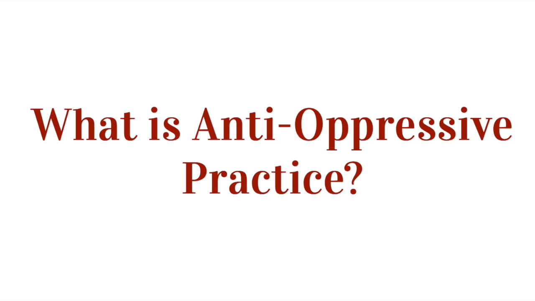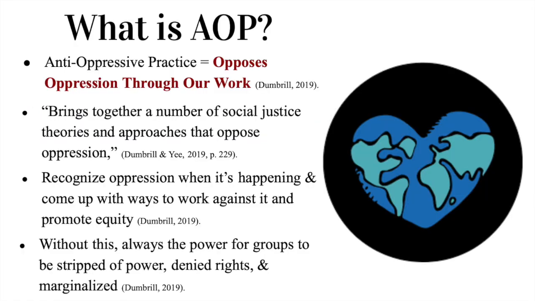So the first thing that we're going to be talking about is what is anti-oppressive practice. When looking at anti-oppressive practice, it's important to understand the basis of it, and that is that AOP essentially opposes oppression through our work. So that's essentially the core of what we do when we apply AOP. AOP brings together a number of social justice theories and approaches that oppose oppression, and people must therefore understand these theories and approaches in order to successfully implement AOP. That's a really core necessity for AOP, really understanding those theories in order to implement them in our practice